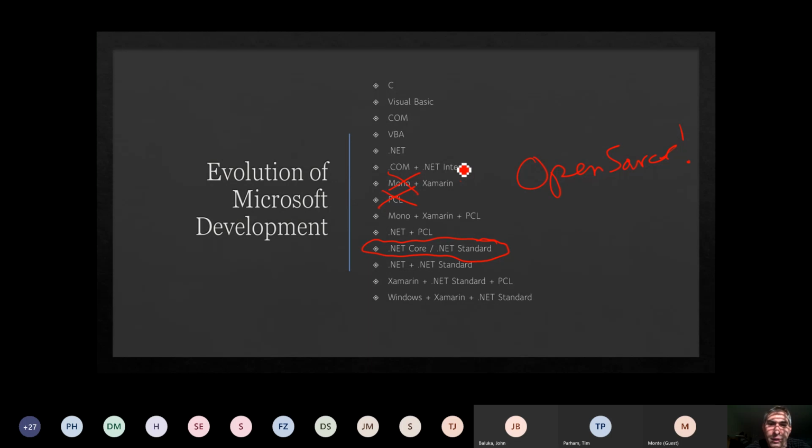And we're going to solve the problem of interop. We're going to solve the problem of code compatibility. We're going to solve a lot of problems. We'll get to that on the next slide. And you've seen that happen. And now we have,